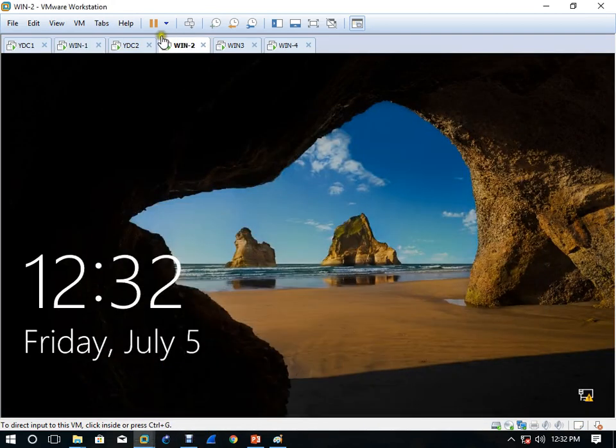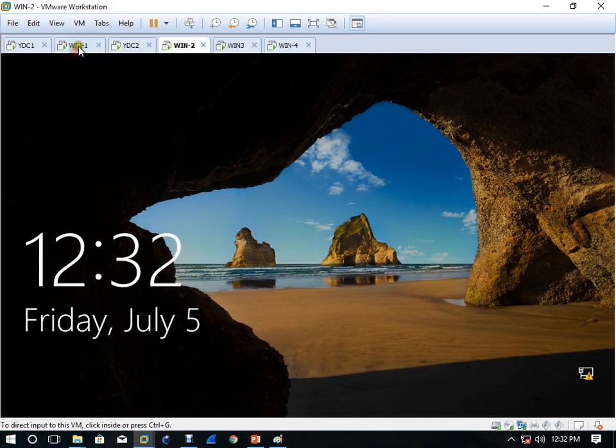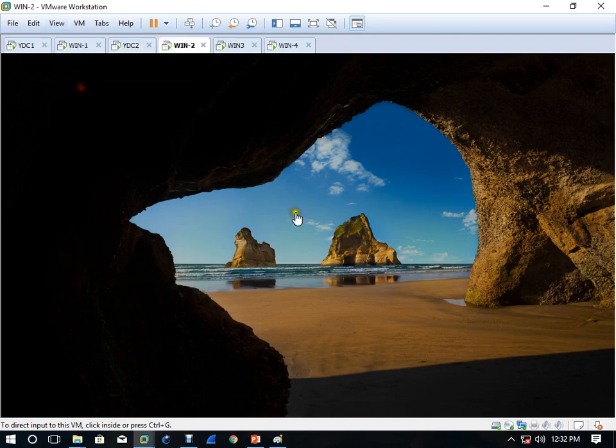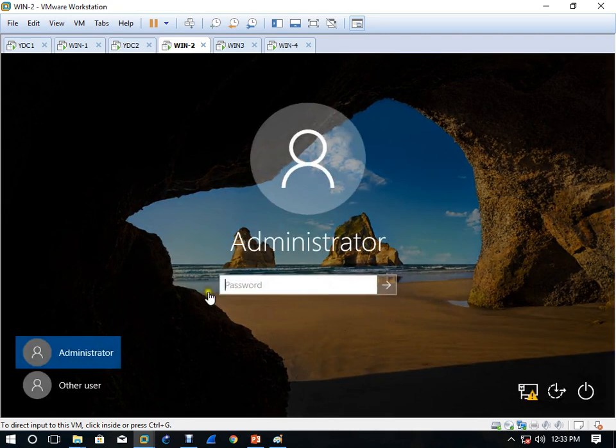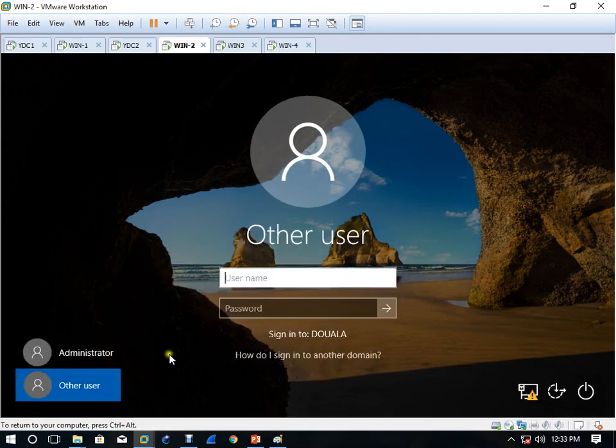This machine, which is the client of the Dwala server, the child server client, is now restarted. Now we'll click on other user. Let's first log in with the Dwala user, then we'll log in with that. So I'm going to log in with D2.